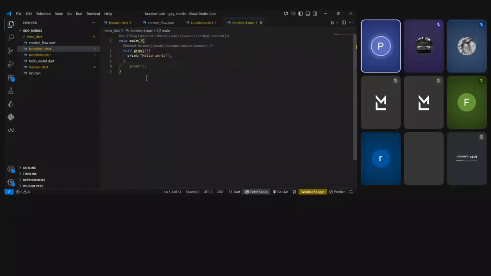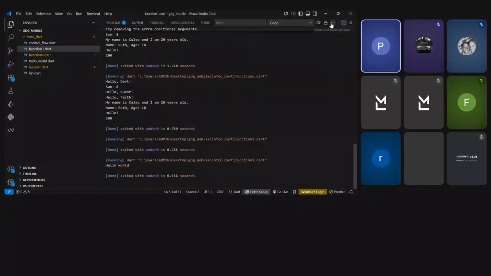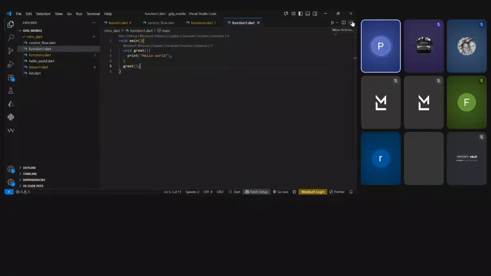But yeah, it won't do anything because you haven't called the function. But when you call it, yeah, it prints hello world over here. So that's what it typically does. And as you can see here, the syntax